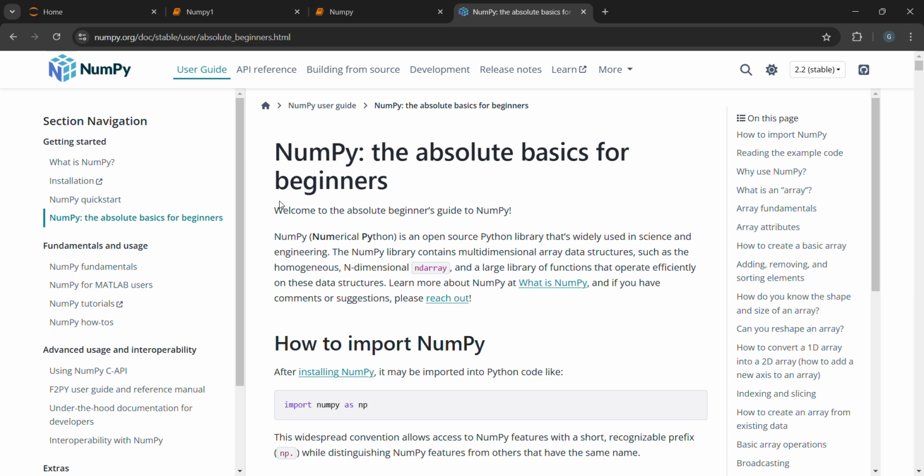Hello everyone. Today we are going to learn NumPy. What is NumPy? First of all, let's know its definition. NumPy means numerical Python. It is a Python library that's used in science and engineering. It contains multidimensional arrays, data structures, and